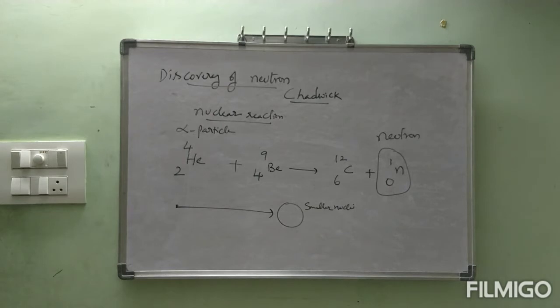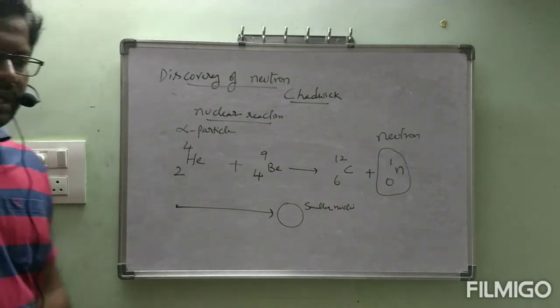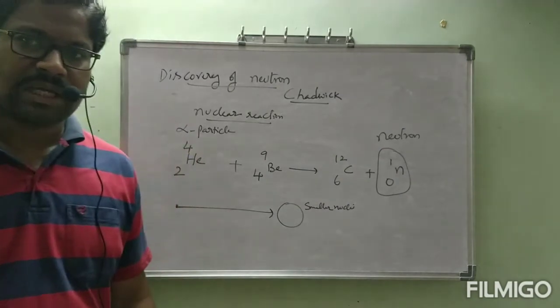Okay, ma. So, by this, discovery of neutron was completed. And what is the charge on neutron? 0. According to our thinking itself, we have discovered the charge of neutron is 0 and its mass is almost equal to mass of proton. That one also I will give data. Okay, this is about discovery of neutron. Properties are not there, ma, for neutron.